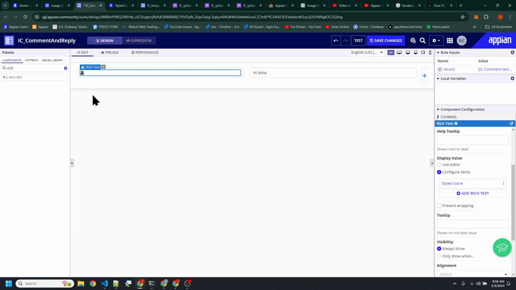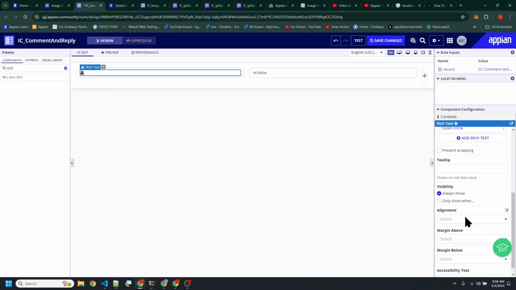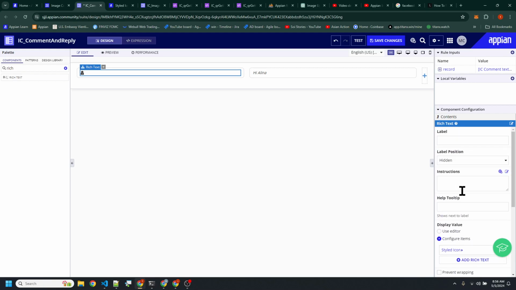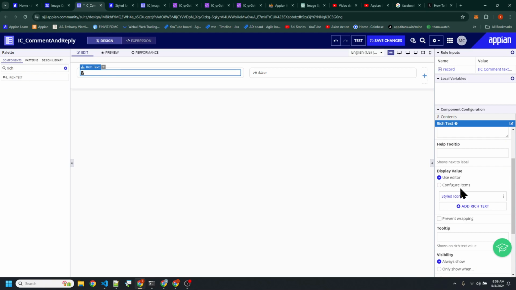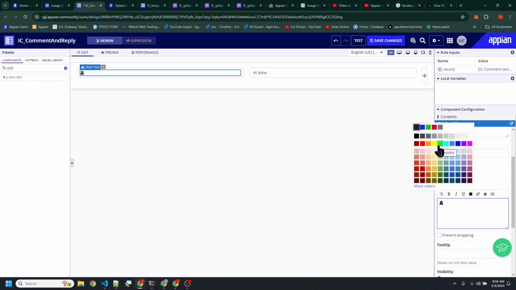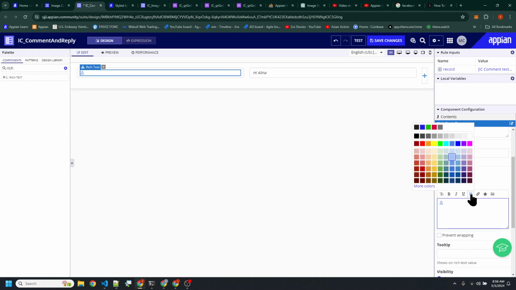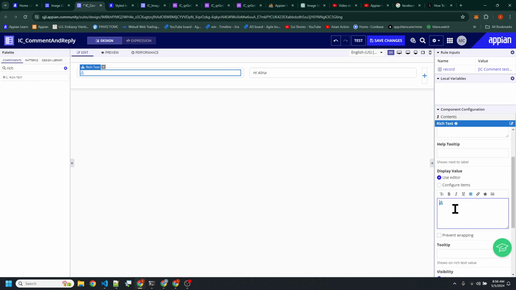And notice that I can actually probably change the size of this as well. So use editor. What I'm going to do, say color. Here, I can probably put a gray on this. Maybe a darker blue.